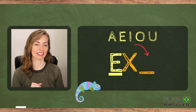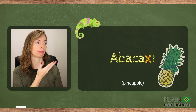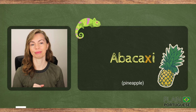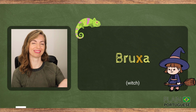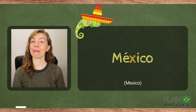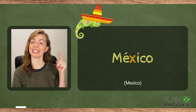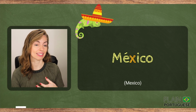You have just seen that the letter X sounds like Z whenever in this specific position, like exercício. Between other vowels, it varies. It may sound like sh, as in abacaxi, bexiga, bruxa, roxo, México. It's not Mexico, in Portuguese. México. It may also sound like x, as in taxi,